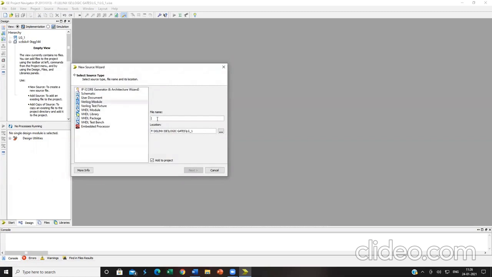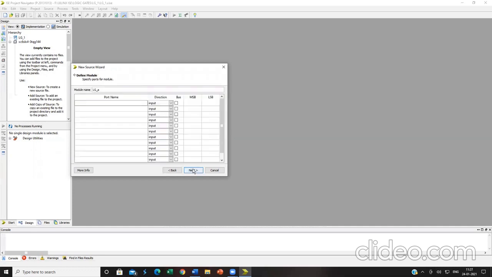In that, give the file name as LG underscore A. Not necessarily LG underscore A; give some name of your choice. Kindly ensure the add to project checkbox has a tick mark. If it does not, kindly check it. By default, it will be present over here. This must be present, then only your Verilog module will get linked properly and give a proper output. The name of the file is LG underscore A and it is present in the location over here. It is a Verilog module.